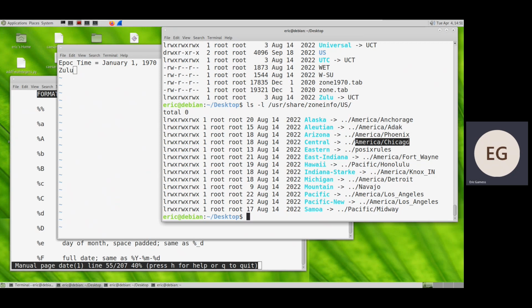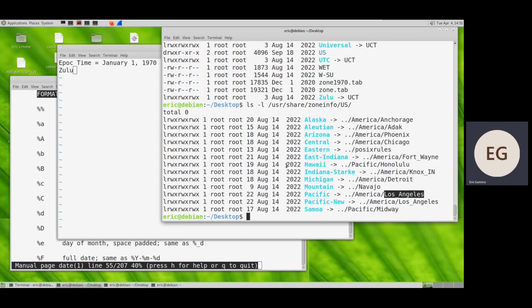And the Eastern time zone, for example, will be the time zone of, I think it's New York. Let's see, Eastern, I say POSIX rule. Okay, but it's the time zone of New York, no? For example. And after that, we have the mountain time zone. It's the time zone of Navarro. And then we have the Pacific time zone, the time zone of Los Angeles in California, as you can see,